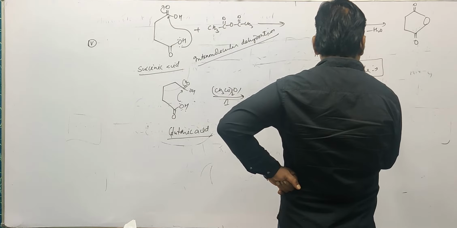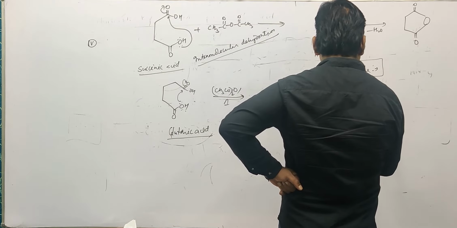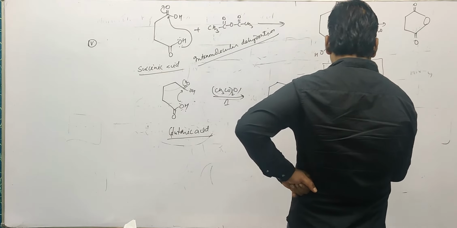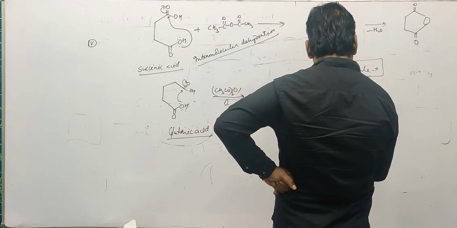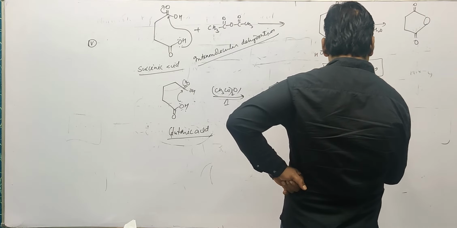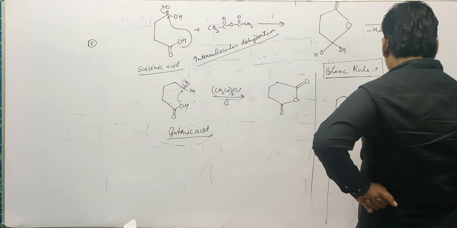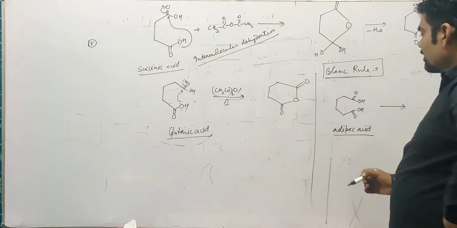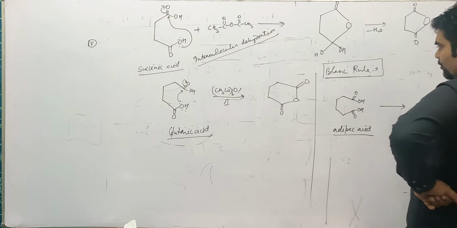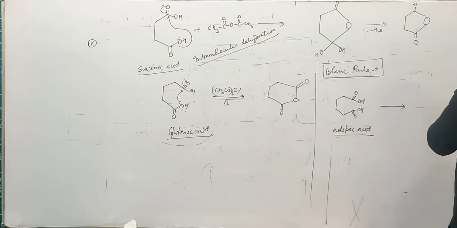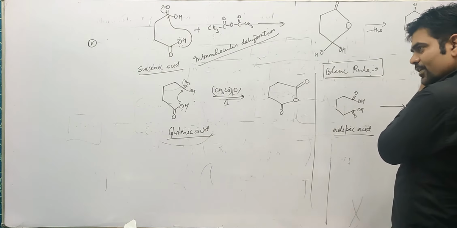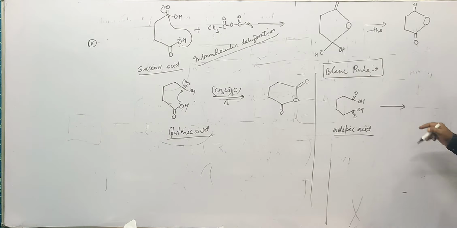See now, suppose we have C double bond OH and over here C double bond OH: 1, 2, 3, 4, 5, 6. This is 1,6-dioic acid, known as adipic acid. If it forms an anhydride, that would be a 7-membered cyclic anhydride, which is unstable, and therefore instead of forming the unstable anhydride, it decomposes to form the corresponding cyclic ketone.